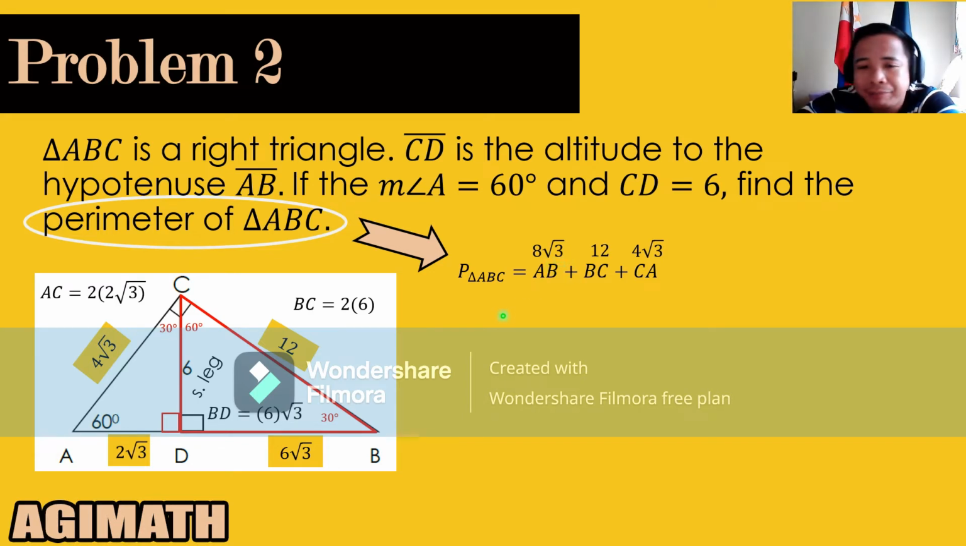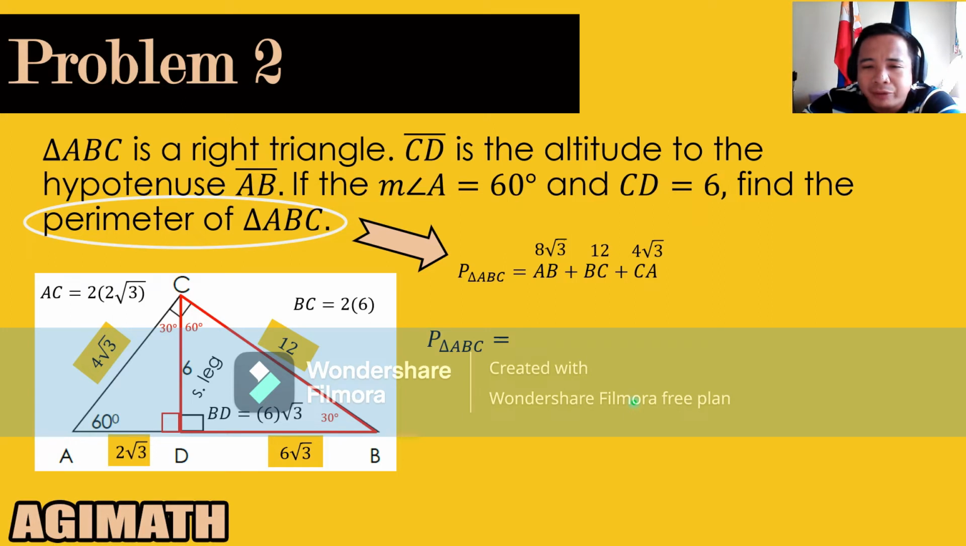So this time, we already have everything that we needed. So perimeter of triangle ABC is equal to 8 square root of 3 plus 12 plus 4 square root of 3. Of course,